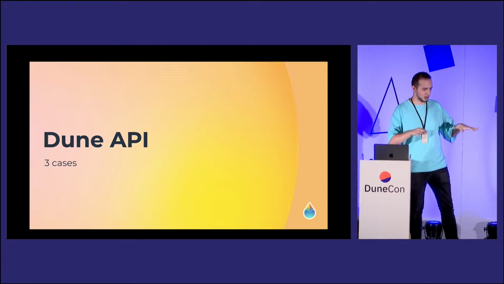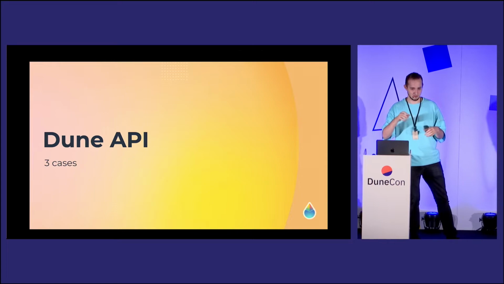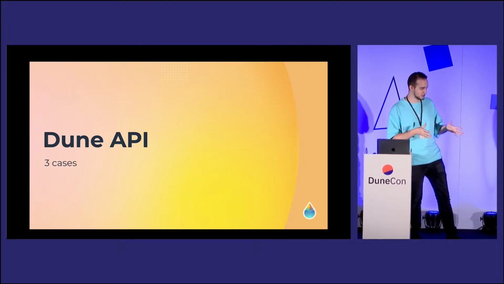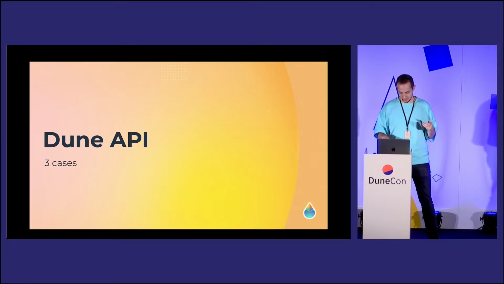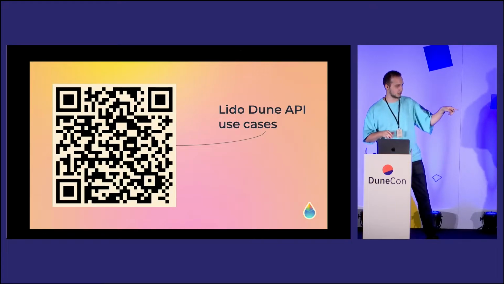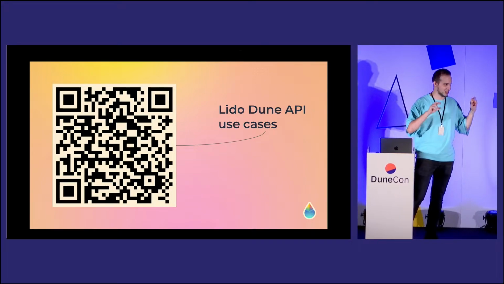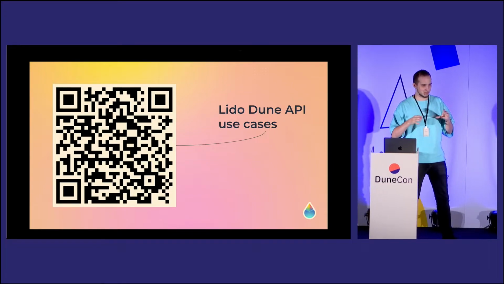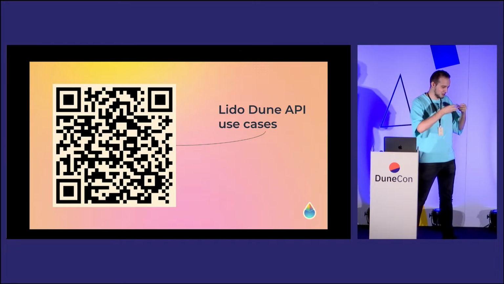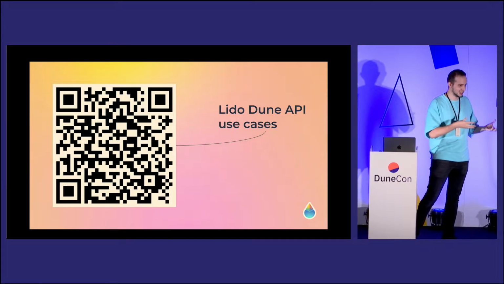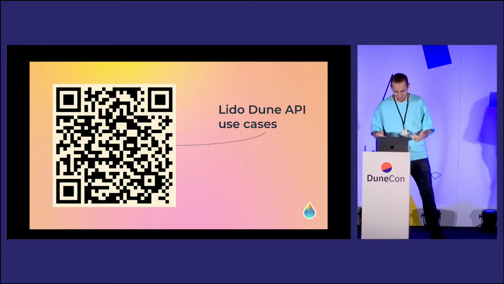You probably already know that the Dune API allows you to execute queries and retrieve execution data directly from code. We tested it for 1 month in 3 different use cases. Here's the link to Streamlit. I also need to add a disclaimer: we do not provide any libraries or modules. These are direct solutions to Lido-specific tasks, and I created a snapshot of this solution for you to check.